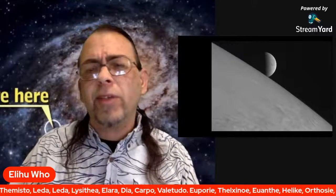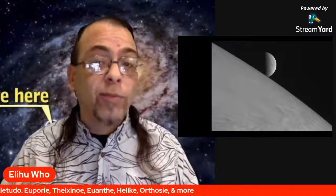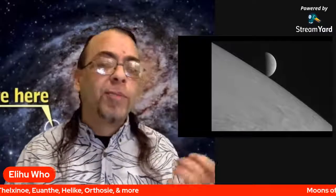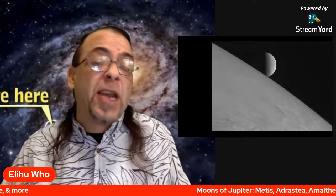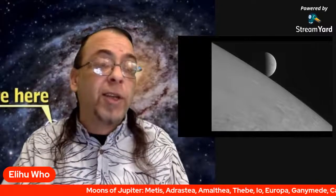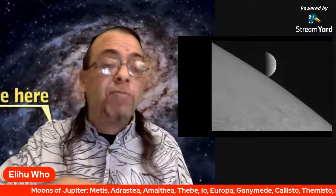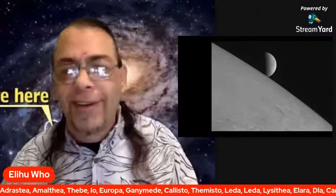Besides some of the moons of Saturn, this moon is very abundantly full of liquid water. It's one of the best places in the solar system to maybe seek potential signs of life beyond Earth. We can send a probe there. Like I said, they're going to have future probes drill in and sample some water. So there's nothing spewing out. But